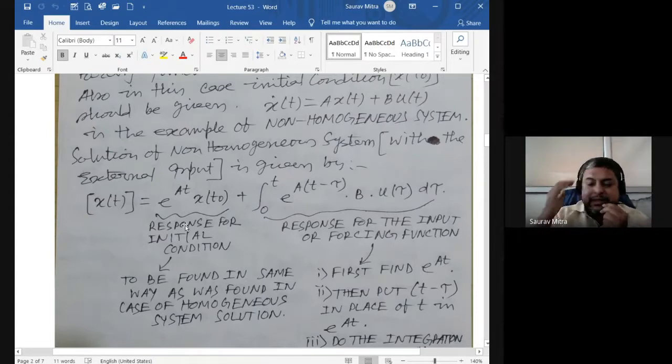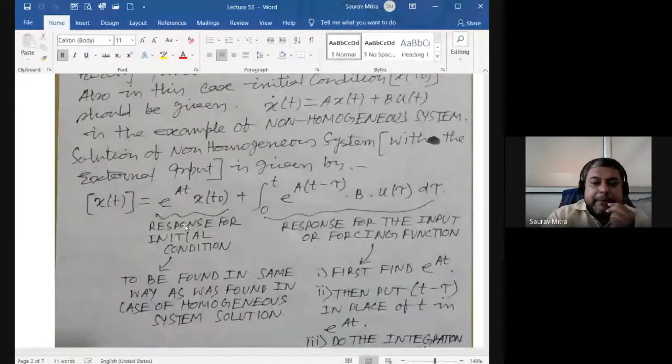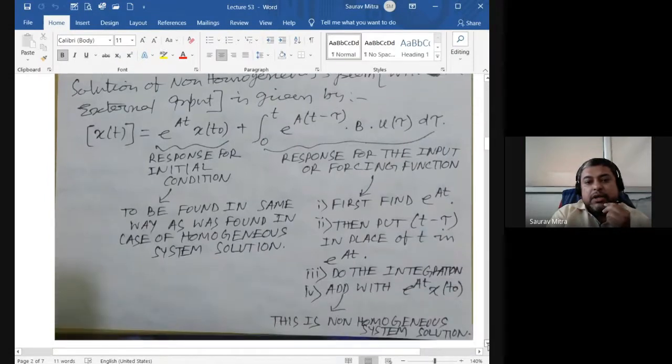These are the main things they ask during interviews, GATE exam or big examinations, and this is completely the application part of control system. So stay tuned, don't leave the session. I'm finding that all the big people of this class are leaving the session. So stay with me. The first part is the zero input response, or transient response, or system response for the initial conditions. Now this is the response for the right side part, 0 to t.